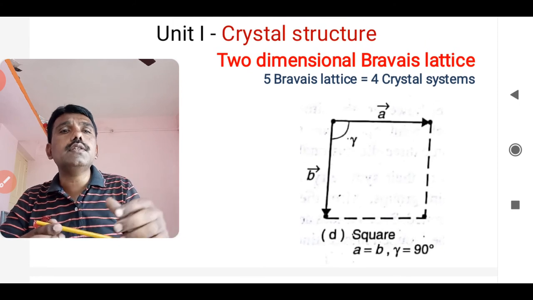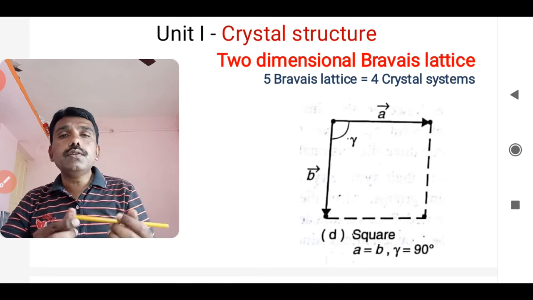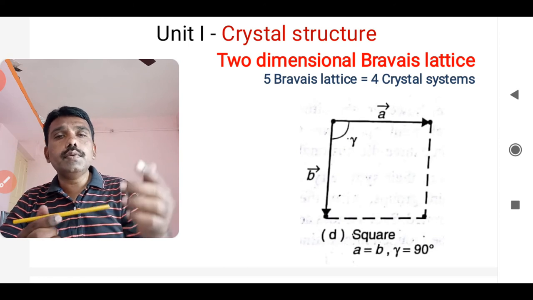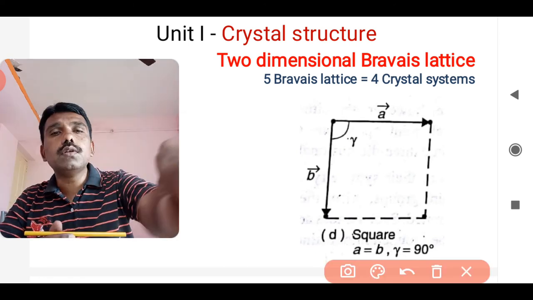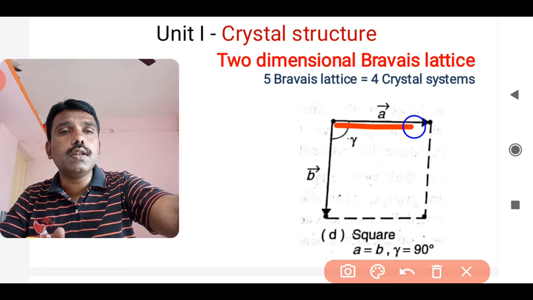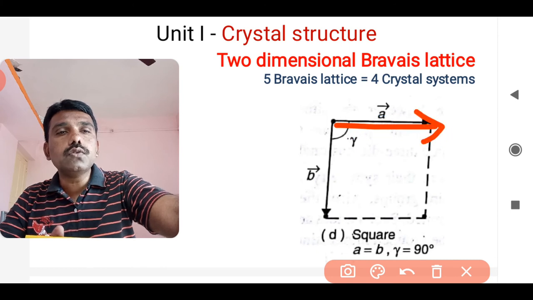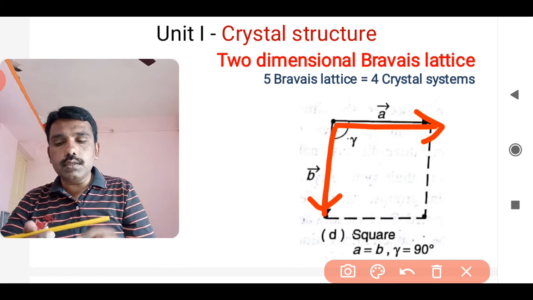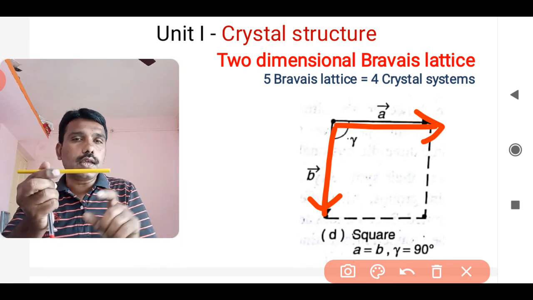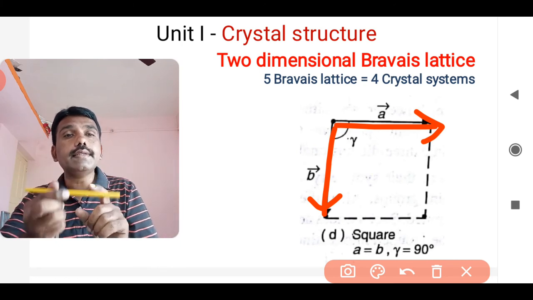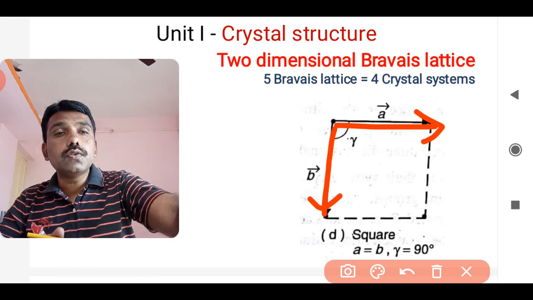After the third, it is going to be the fourth one. As you are aware, it is simply the square, as a square has equal sides. That is called your square, and that's why if you look here, the A and B vectors have equal sizes. Vectors of equal sizes, then it becomes a square, and the angle in between them